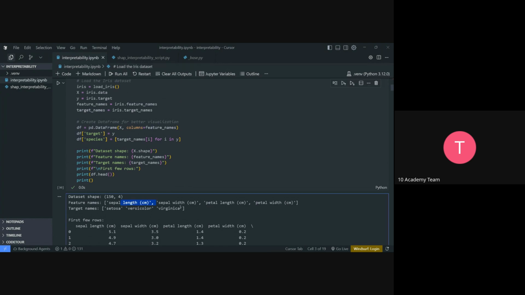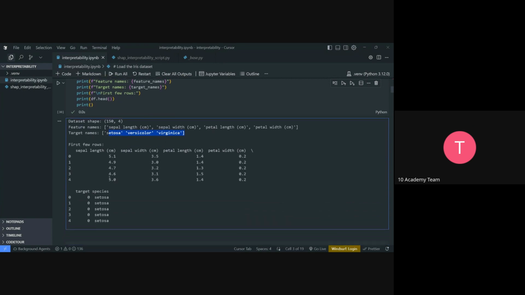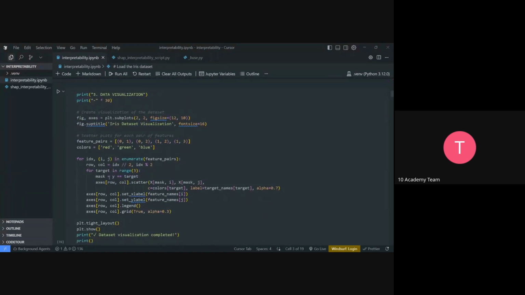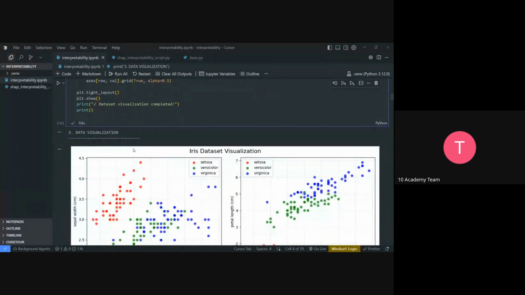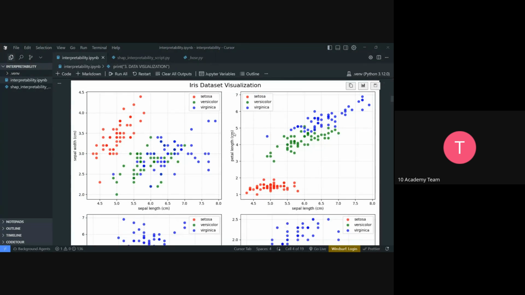The sepal length reads the length in the data. This is a very familiar dataset. The target names are the species, which are setosa, versicolor, or virginica. So these are the target names, or the species of the plant. In the data visualization, we can see the distribution of the data that we have,